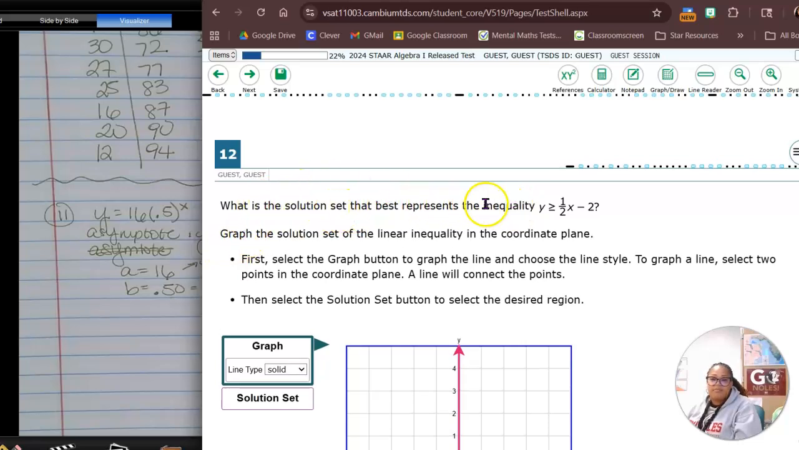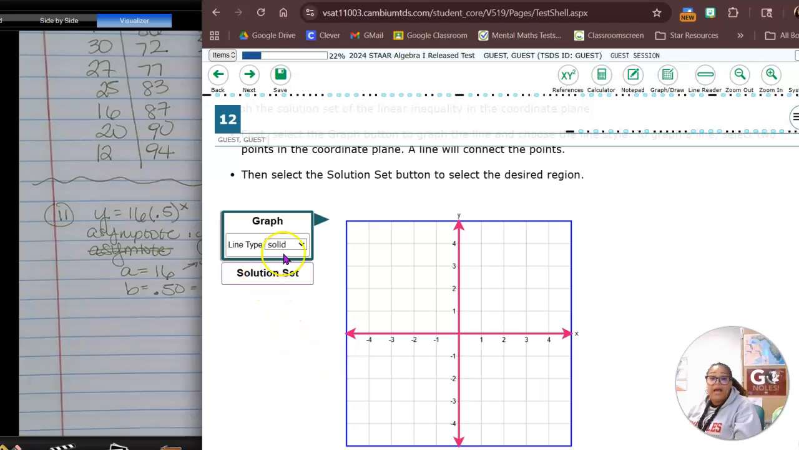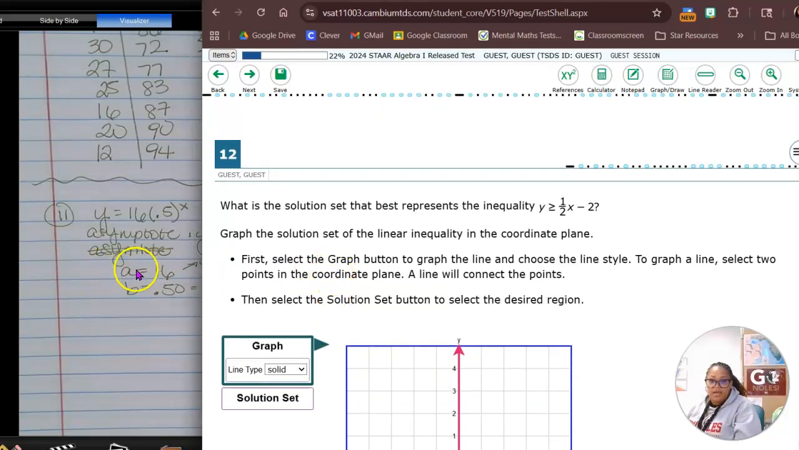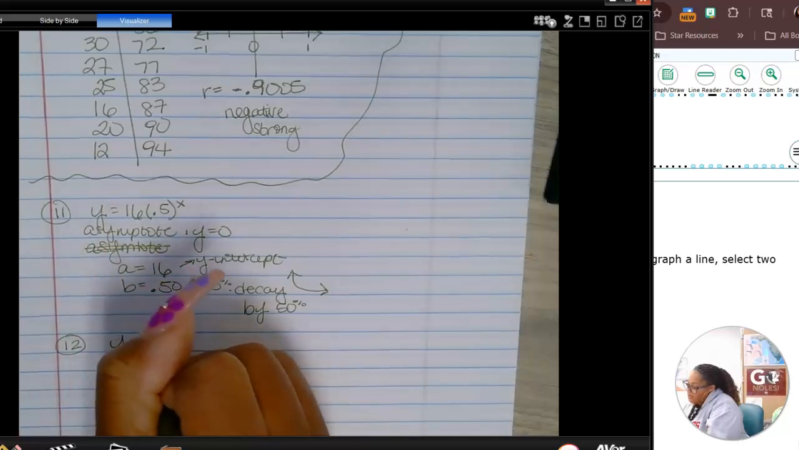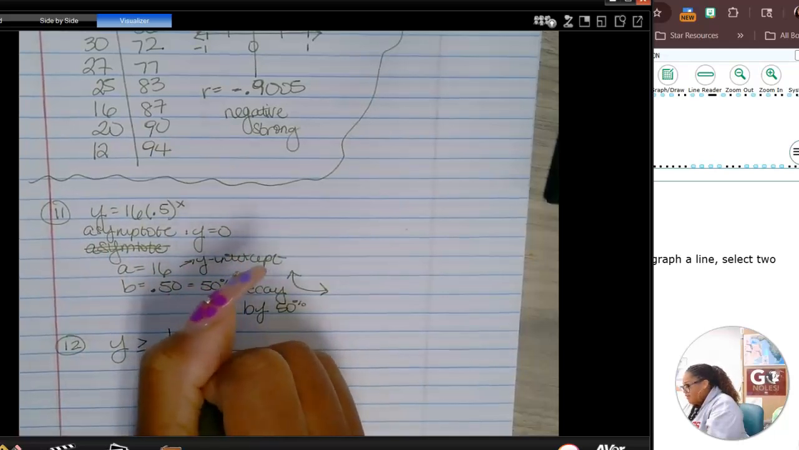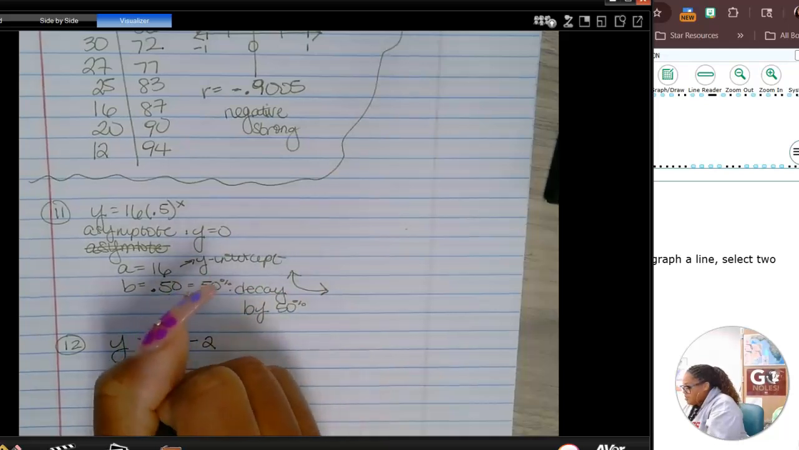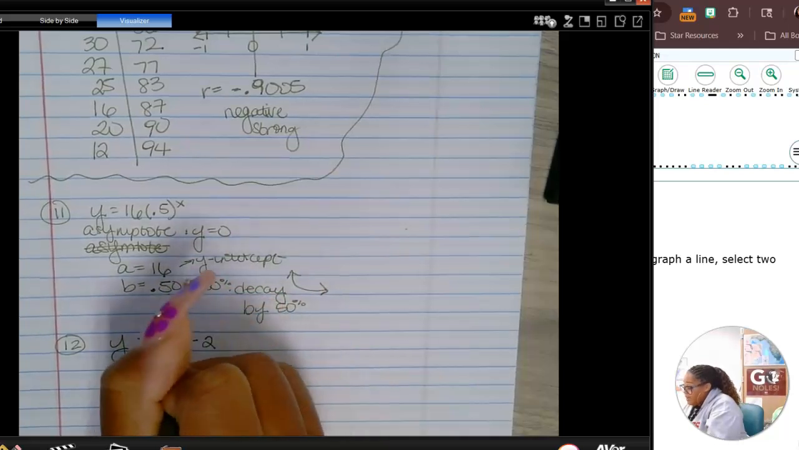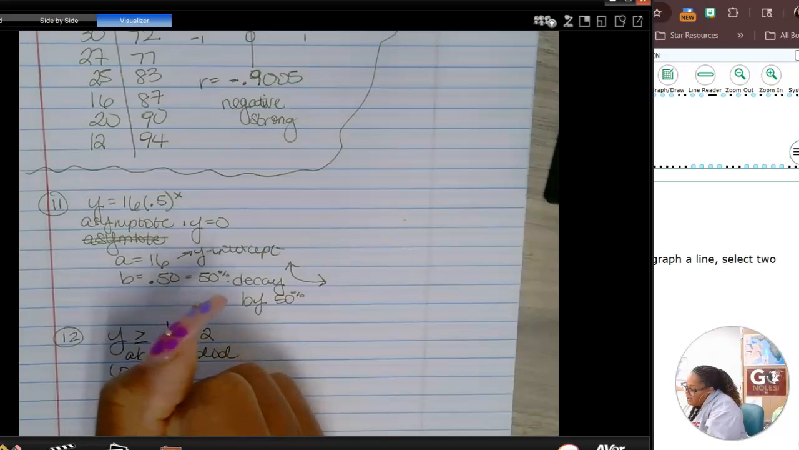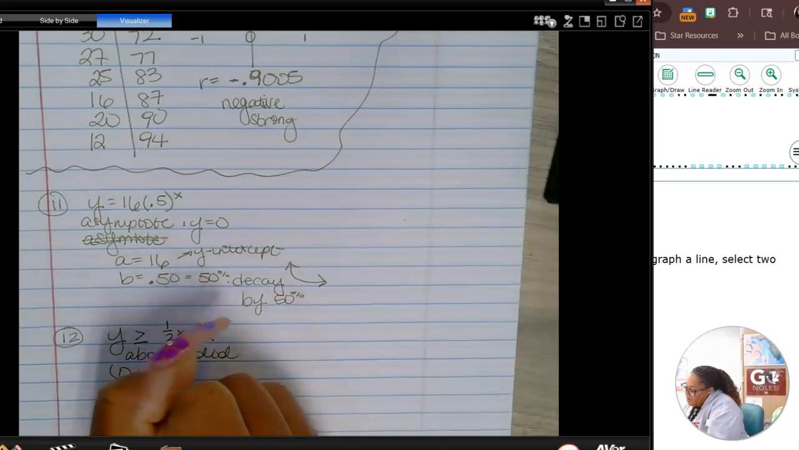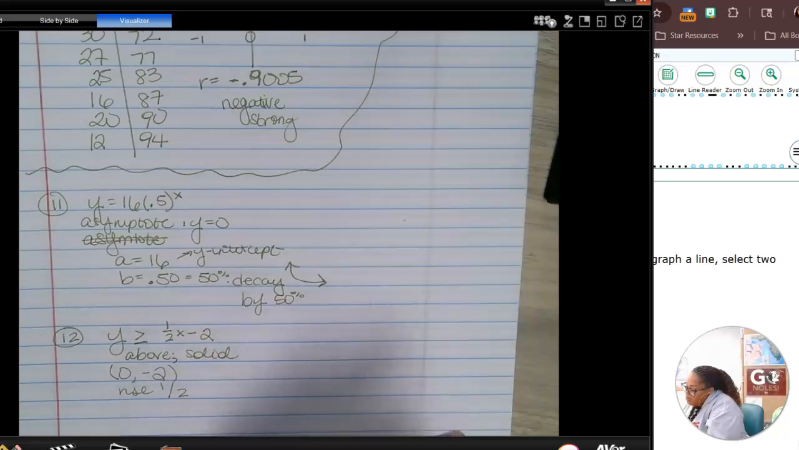It says, what is the solution set that best represents the inequality y is greater than or equal to 1/2 x minus 2? Yes, it's a solid line, so let's keep it that way. I also have to click on the solution set here because I have to shade this one in. So y equals 1/2 of x minus 2, or y is greater than or equal to 1/2 of x minus 2. This is shaded above, and it has a solid line. So I need to start with my y-intercept at 0, -2, and I need to rise 1, run 2, or